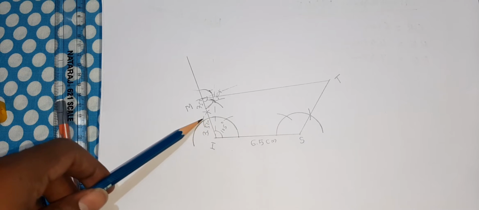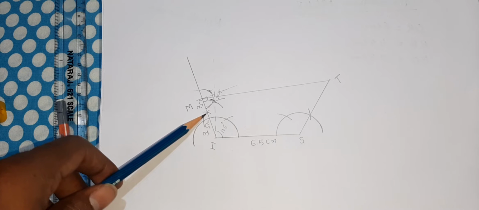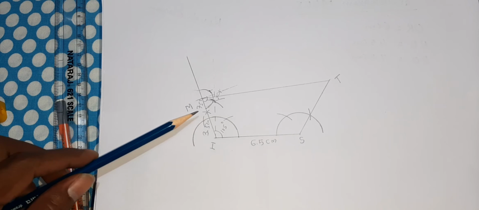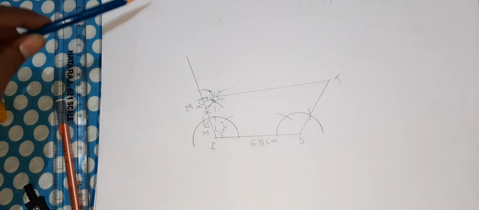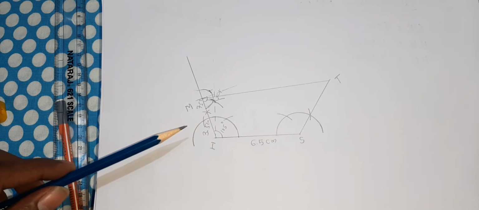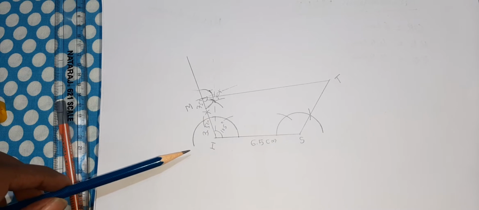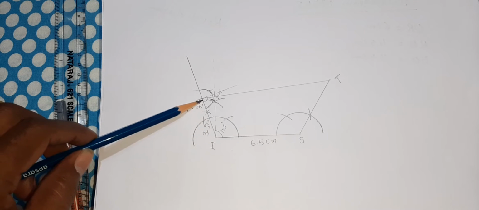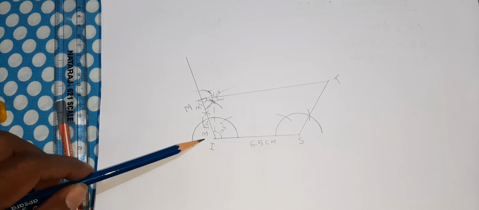Right, from 90 and 120 you can take more than half, draw two arcs here. So this point is nothing but 105 degrees. Now from I, just draw a line. Then take 3.5 centimeter on the scale. Then draw the arc, that is point M. So then MI is 3.5 centimeter.